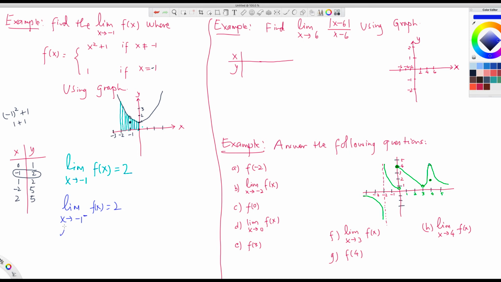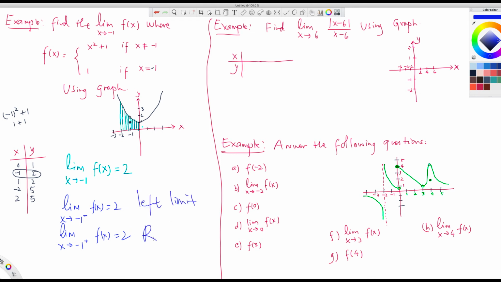Similarly, limit as x tends to -1 from the right, we denote by a plus in the exponent, f(x) equals also 2. Since these two values are equal, the left limit and the right limit, we call